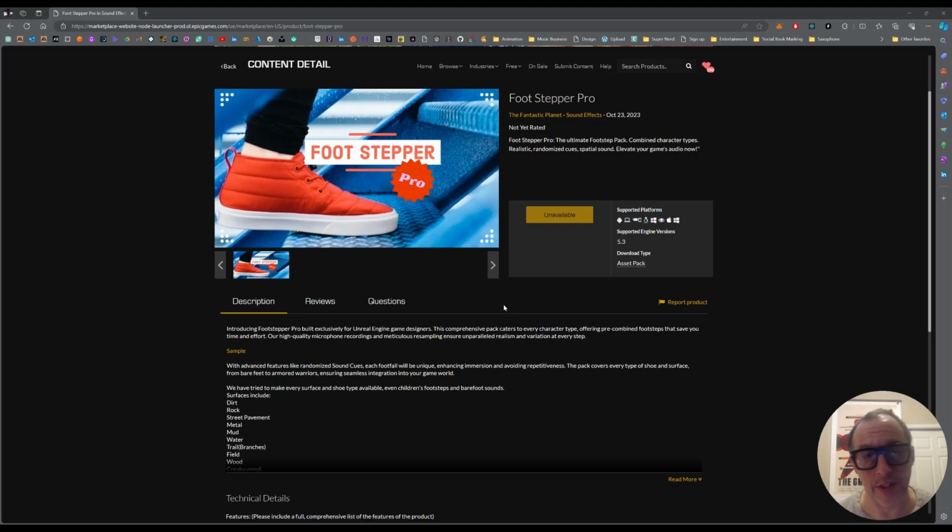So basically, just a little recap, the Footstepper Pro is a set of sounds based on the shoe and surface combination along with other types of characters that you might encounter. So the aim is to reduce the number of samples that are needed when making a footstep sound. If you want to make more realistic characters, sometimes characters are carrying things or making extra sounds that the footstep alone is not